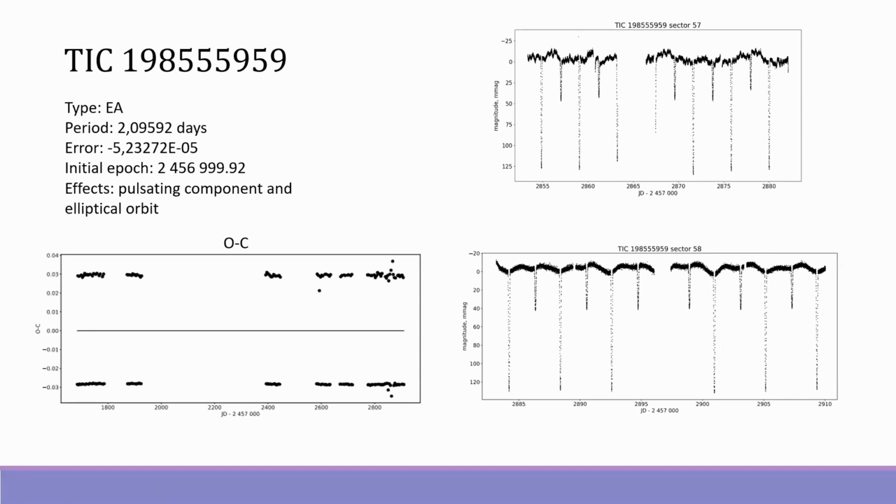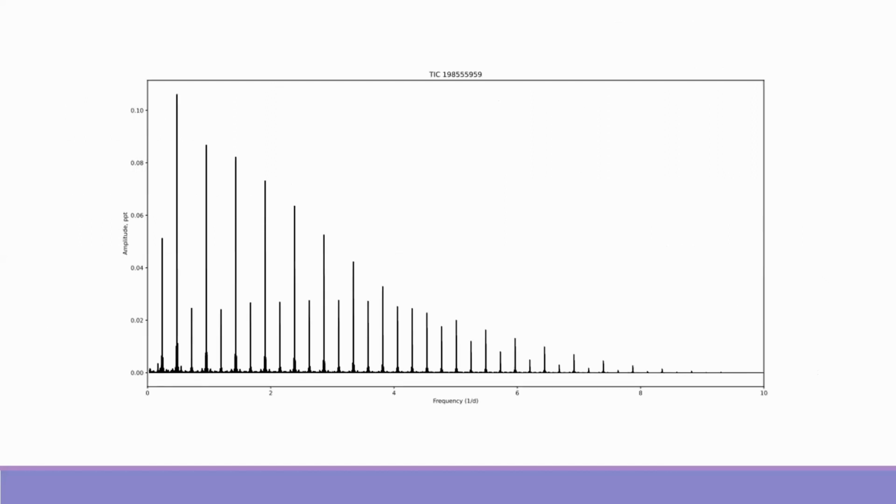The next star, TAC 1985, was previously known as non-variable star. However, based on TESS photometric data, we classified this object as EA Algol type binary star, which is visible from phase curve as well. The shape of the light curve clearly shows the presence of pulsations on one of the components. However, it is not visible on the periodogram of this object. On the periodogram, we can see peaks of fluctuations, which shows us the binarity of the star, but the peaks which indicate the pulsations are not visible on it.